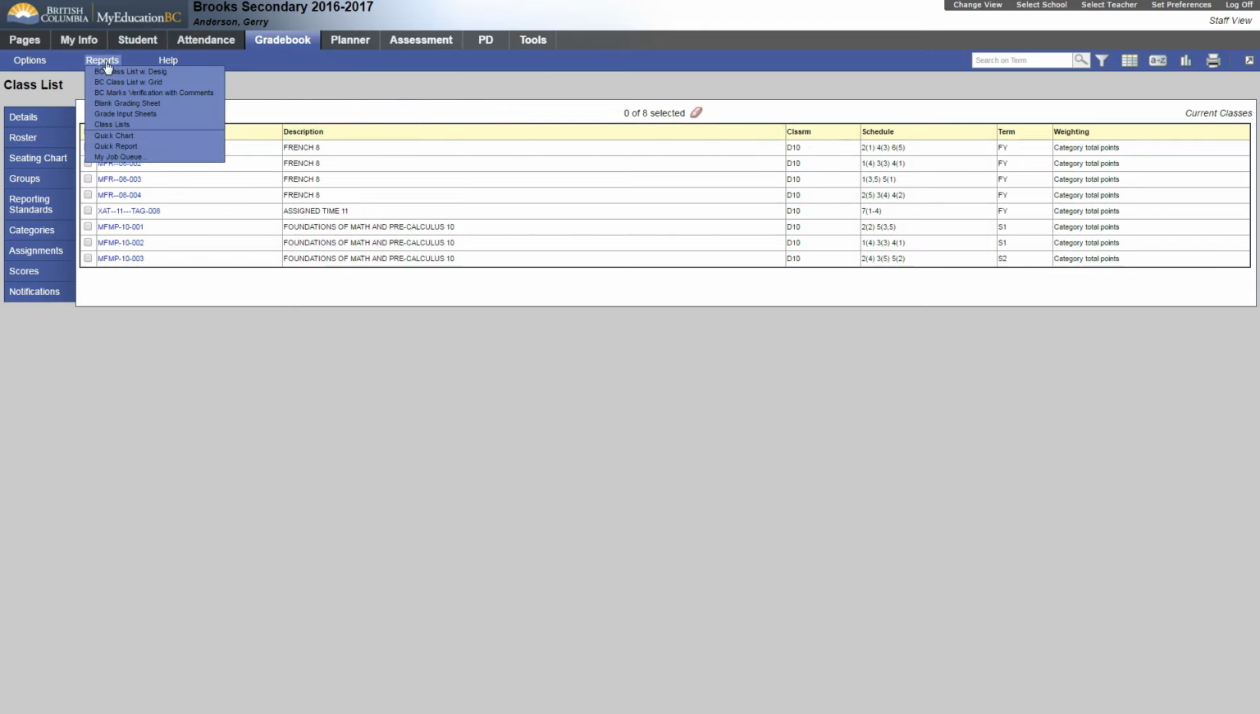As well as those two, this is a new report, BC Marks Verification with Comments. When it comes to term, you're going to be able to print this report and it will give you all of your comments that you've added. This was made as a request from a lot of schools throughout the province to be able to provide a review of the comments, and elementary teachers doing their grades in MyEdBC will want to use this as well